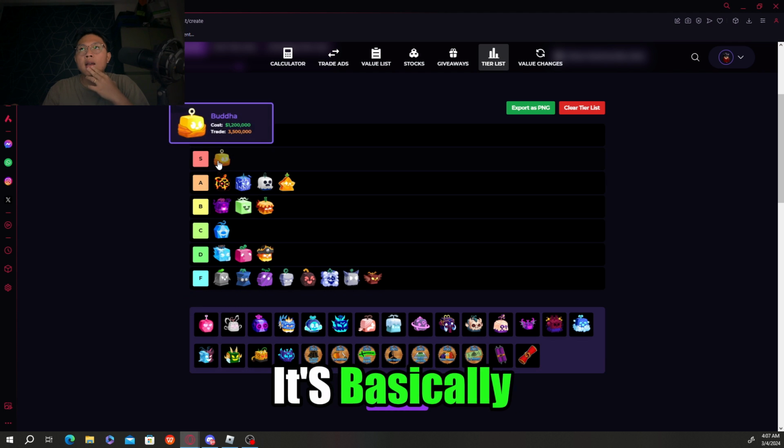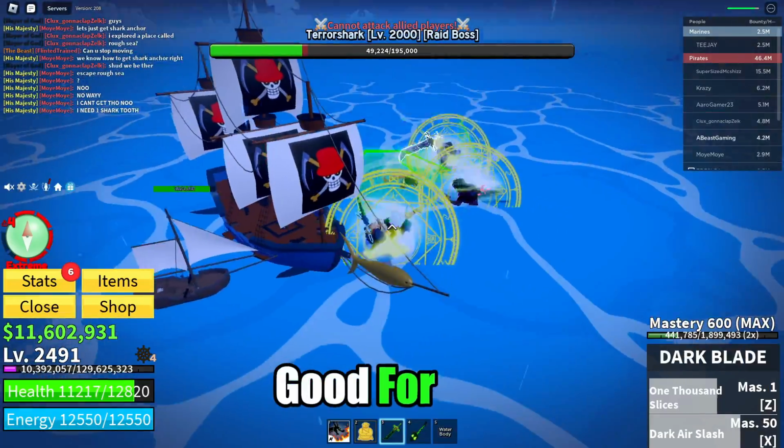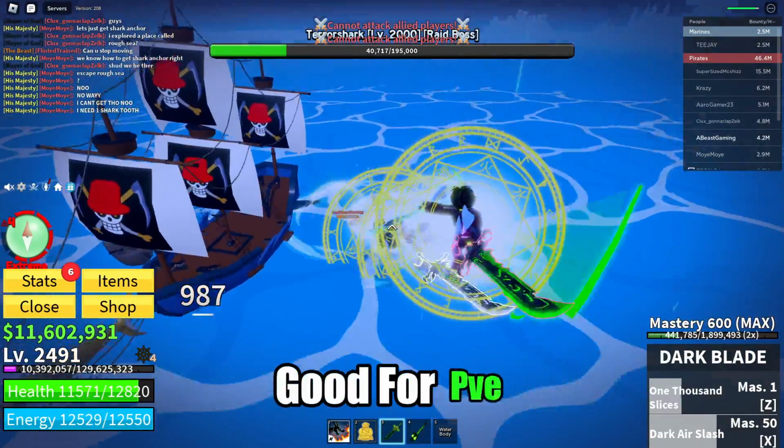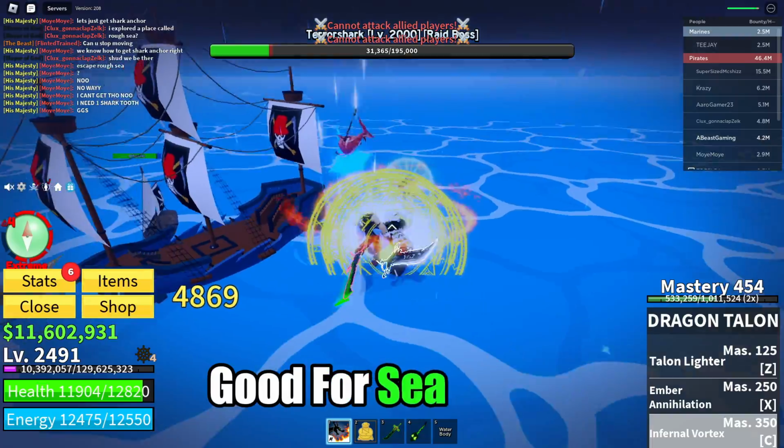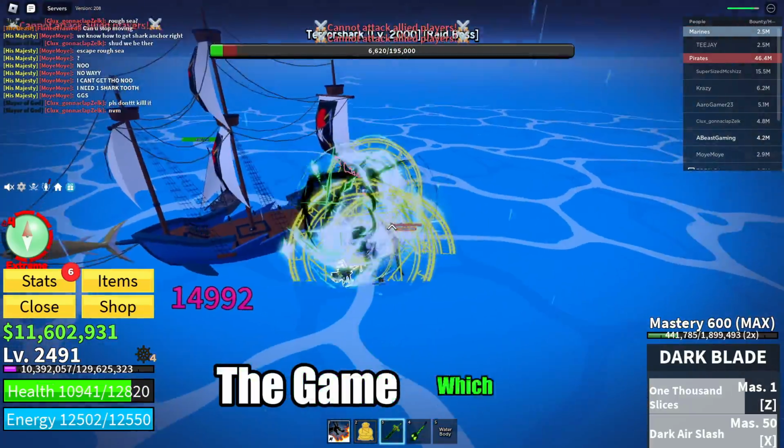It's basically the most useful fruit in the game. It's the most well-rounded fruit in the game. Good for PvP because you can spam it. Good for PvE in grinding. Good for raids. Good for sea events. It's an all-around fruit that's basically the most useful fruit in the game, which is why it's the first